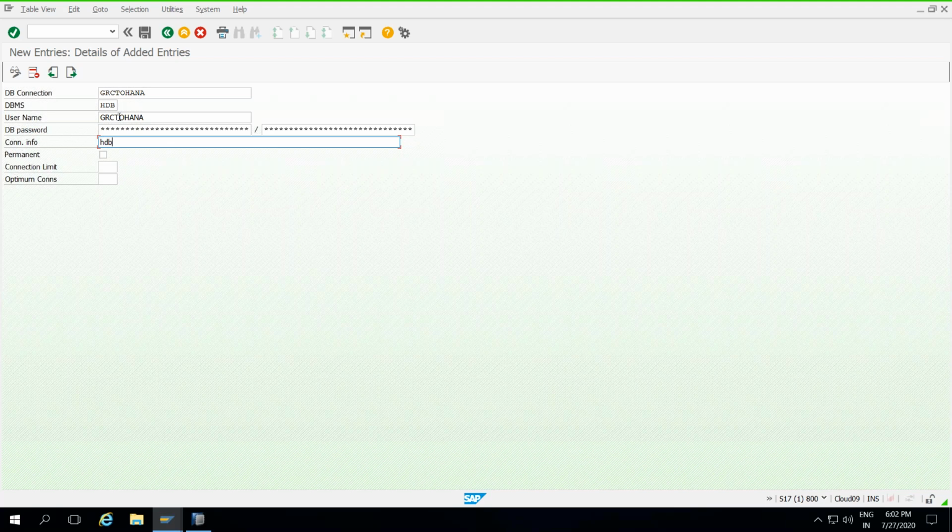For the connection information, HDB 01 and 0013 is permanent. Give the number of connection details and save it.